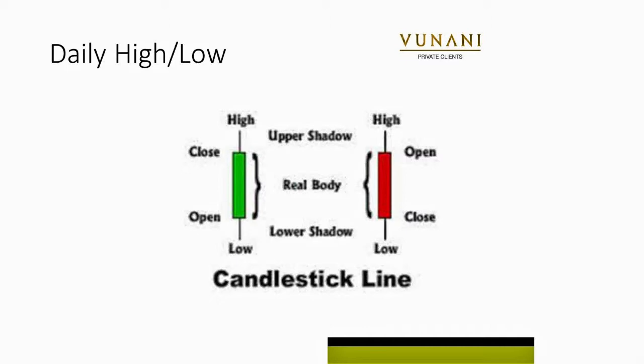So the bottom part of the green would be the open, the upper part would be the close. But the high and lows are different from the open and close for the day. So you could find a share that has a very small gap between the open and close, maybe 1 rand or so, but a huge gap between the high and low, maybe in the region of $10, showing a high level of volatility,